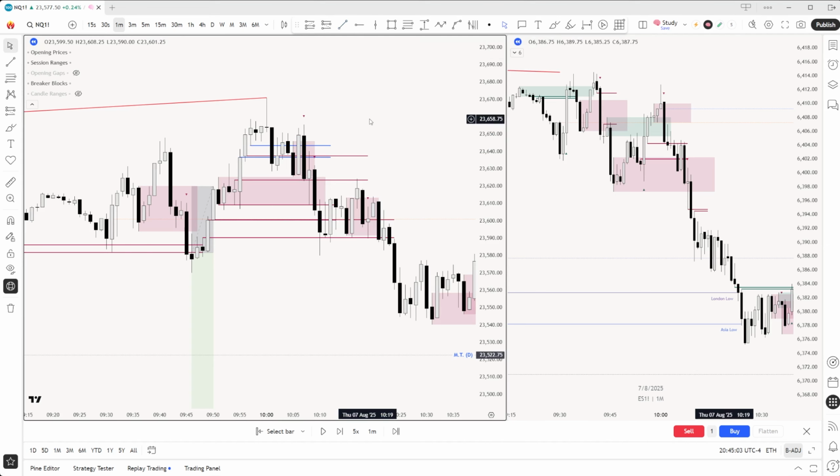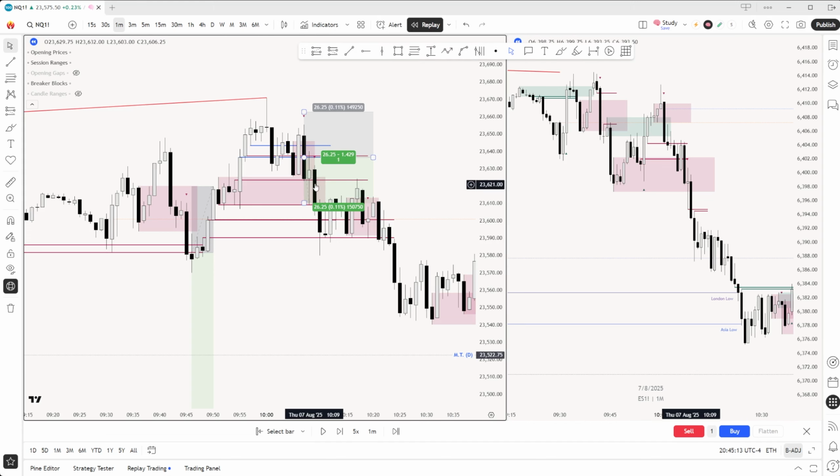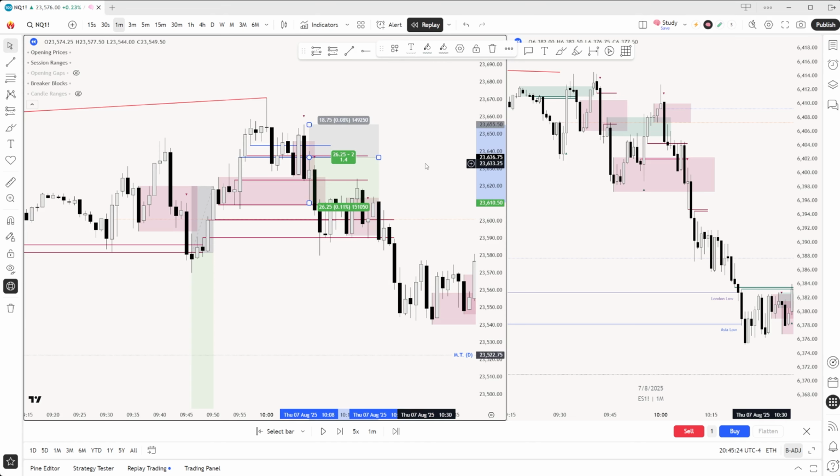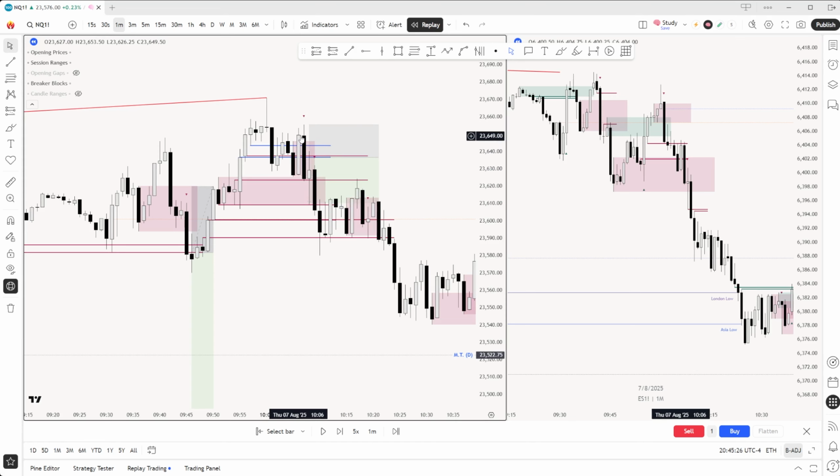Still a few kinks need to be adjusted for the unicorns in the indicator, but live on your chart, you would have seen the right one, right? Because this had yet to be invalidated. So if we were to go in replay mode here, before this becomes an inversion fair value gap, it would have shown you this one, giving you the nice entry at 10:08. Now your stop, no matter the PD arrays, even though there's only 2 PD arrays here, right? The order block and the IFVG, you would have still put your stop at the high of this because that is the invalidation point of the breaker, and coincidentally it aligns beautifully with this bearish gap for a nice third PD array.